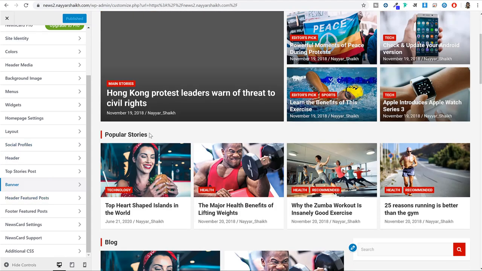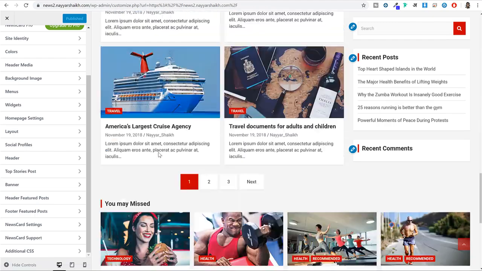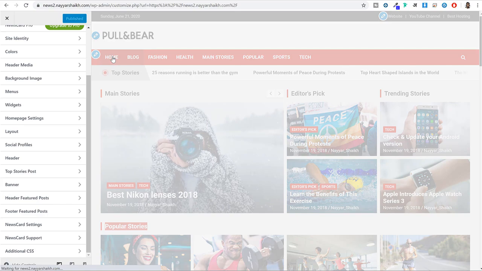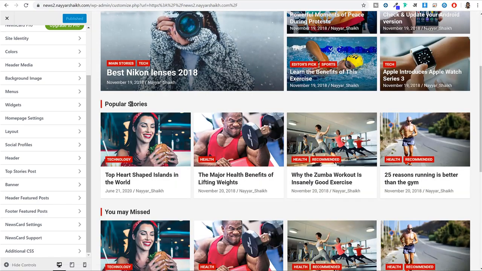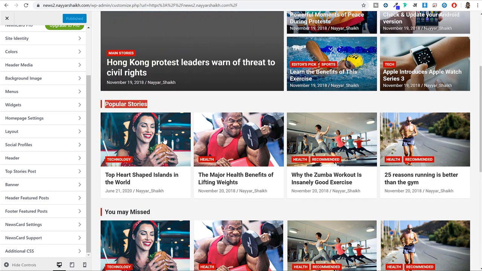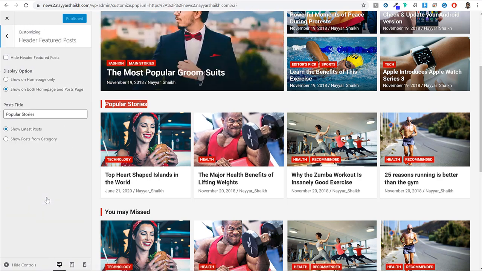This is the header featured post, and this over here at the bottom, I think we are on the blog page. Yeah, let's come back to homepage first. So this is the header featured post and this is the footer featured post. Let's make some changes to this header featured post, because right now, as you can see, this is also just displaying your latest post. So I can click on this option at the left hand side, header featured post, and